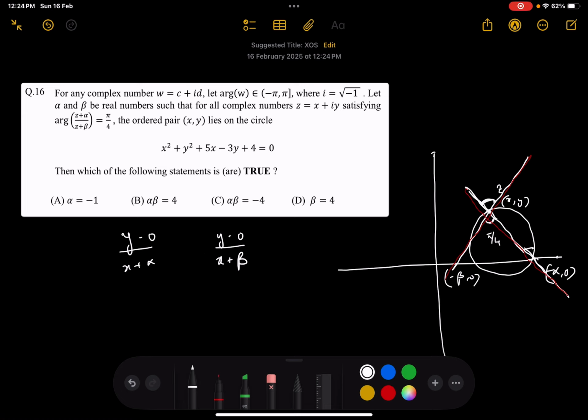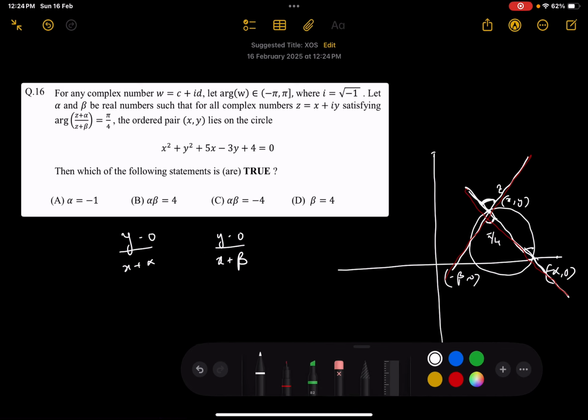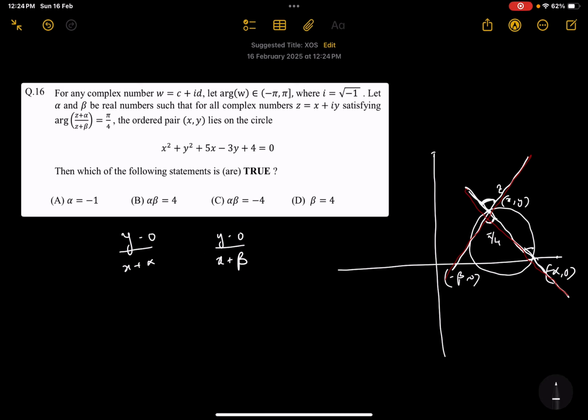So the angle between these should be pi by 4. That means,